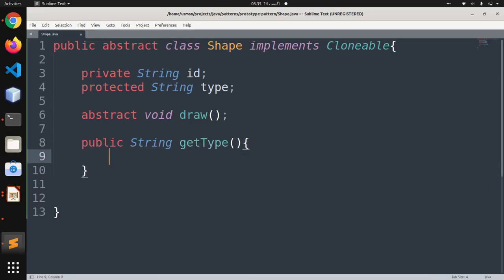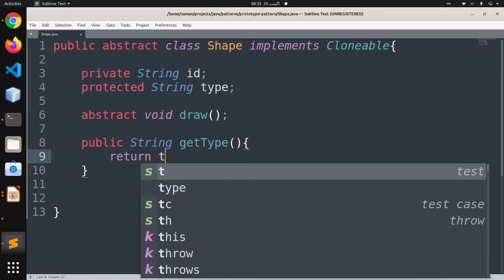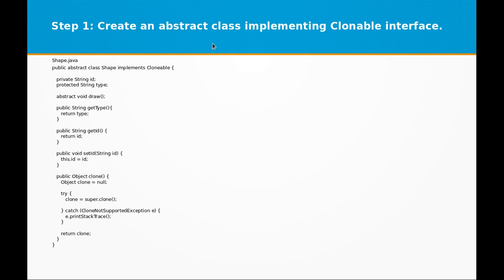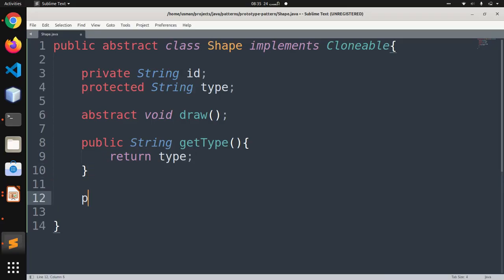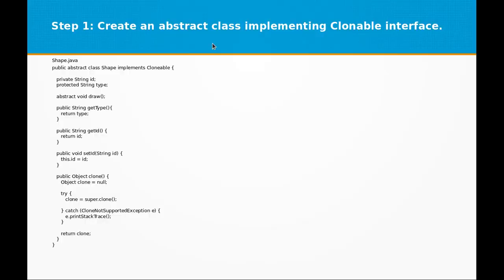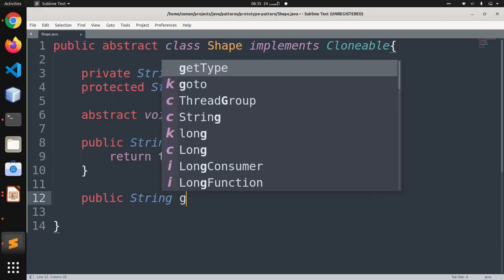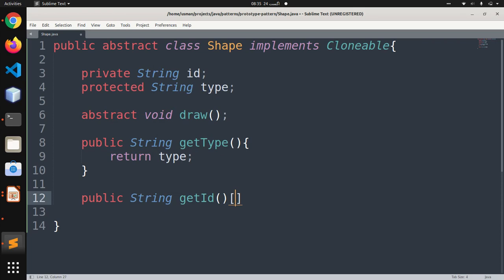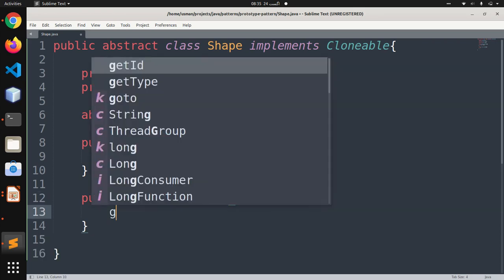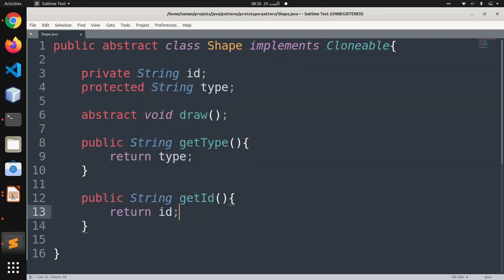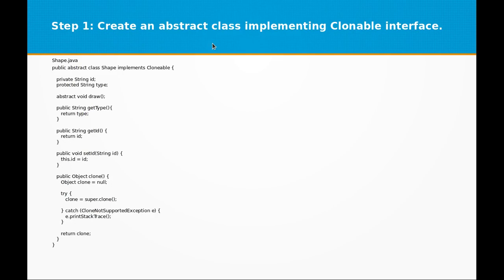Basically it's a getter method. It will just return the type of the shape. Next we have the getId method, which returns the id of the shape. So we return id, and this is also a getter method.